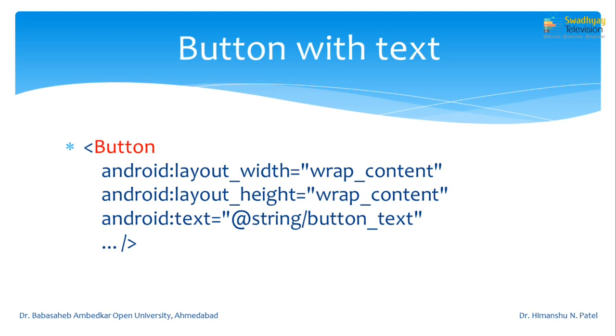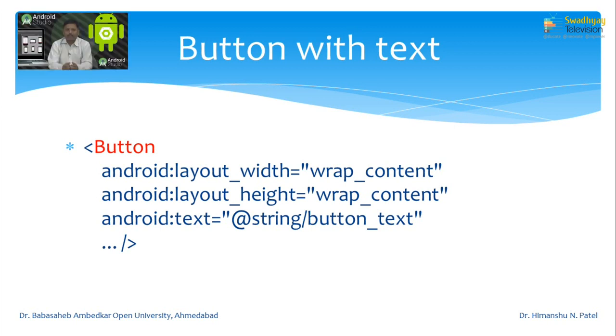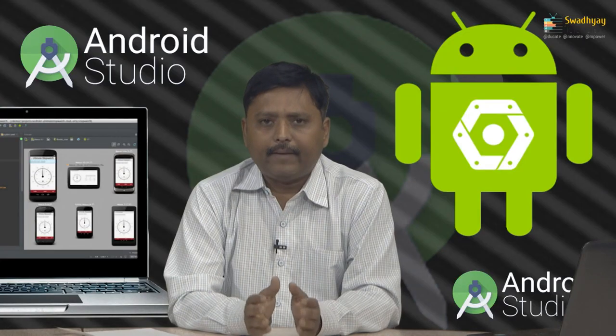Let us look at how to display a button with only text. We write this code inside the layout file, which is an XML file. For a button we have the button element, and the first attribute is android:layout_width, in which we write wrap_content, which means the button width is according to its caption. Then we write android:layout_height, the second attribute, and inside that we also write wrap_content. So, your button size is proportional to your caption size.